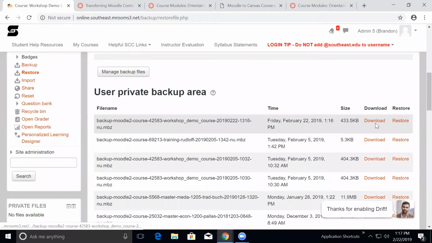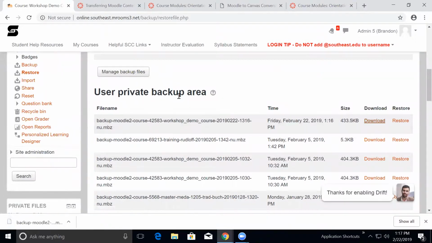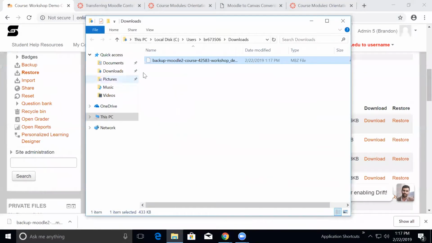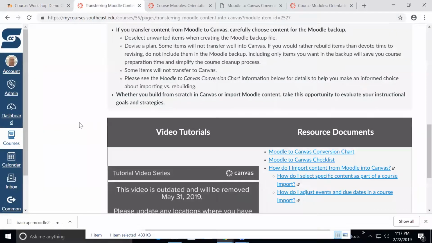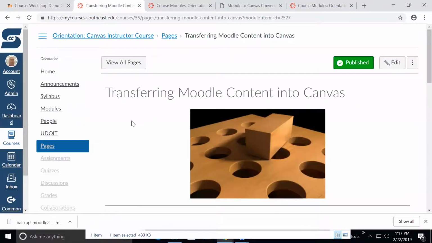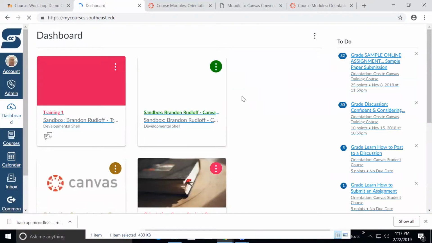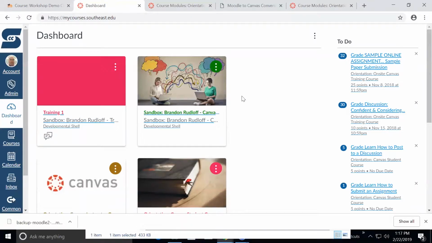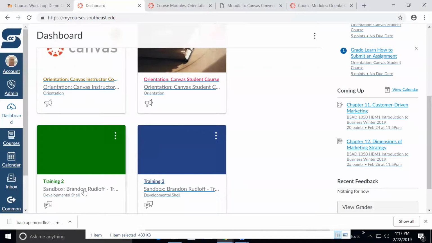Once you do this backup, you download it. You save it to wherever you know you can get it. Then you come into wherever you're going to import it into the system. You can use your sandbox if you want to test something to see how it does. I don't recommend importing from your sandbox into a master because